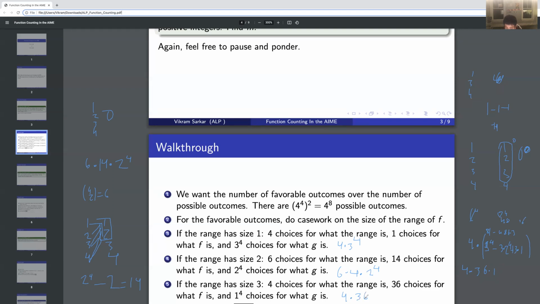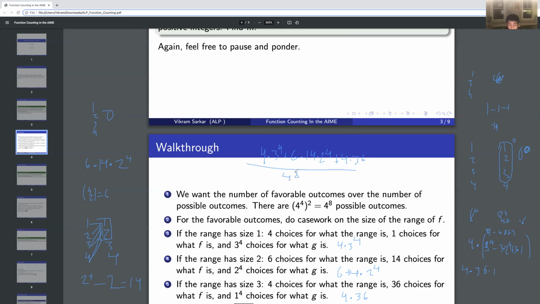We've exhausted all cases because if the range is size 4, then G can't be disjoint from that unless the range of G is empty. But that's impossible, right? Because G of 1 has to be something. It can't be empty. So anyways, the number of favorable outcomes is 4 times 3 to the 4 plus 6. Oh, I also meant 14. Oops, yeah, I wrote 14 there. Plus 6 times 14 times 2 to the 4 plus 4 times 36, and divided by the number of outcomes,